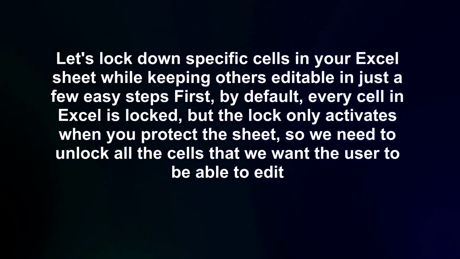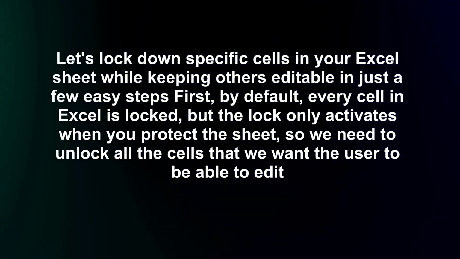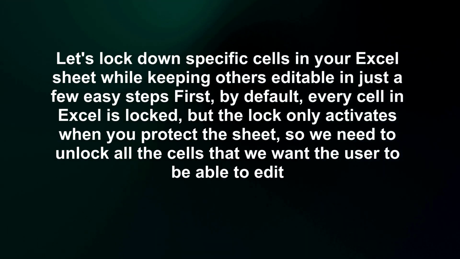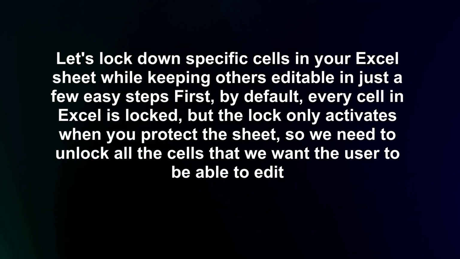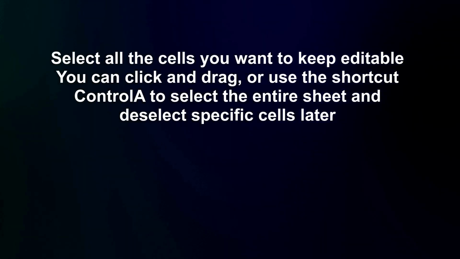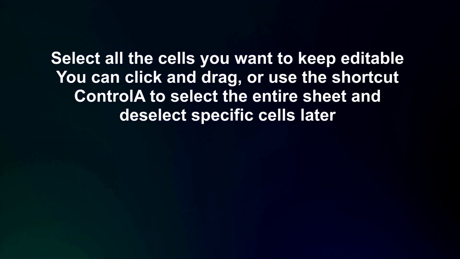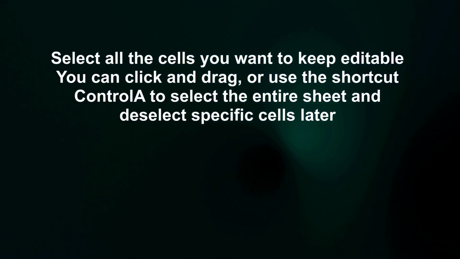First, by default, every cell in Excel is locked, but the lock only activates when you protect the sheet, so we need to unlock all the cells that we want the user to be able to edit. Select all the cells you want to keep editable. You can click and drag, or use the shortcut Ctrl A to select the entire sheet and deselect specific cells